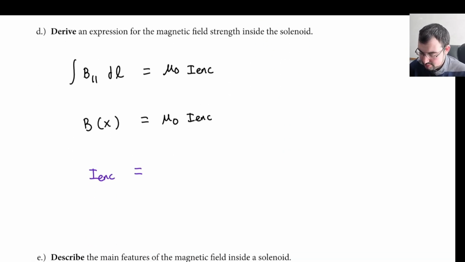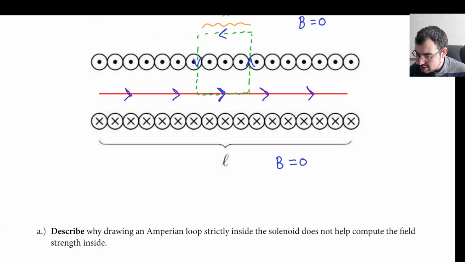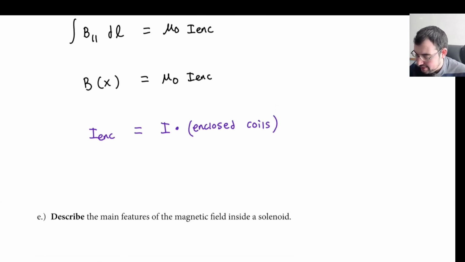But for my enclosed current, I know it's going to be I times enclosed coils, right? Because I need to figure out how many coils my loop is enclosing. This is clearly not all of the coils, so it's not capital N. So I need to figure out how many of these currents are being trapped in the loop. Well, that's why I had us define the density. Because the enclosed coils is just going to be the coils per length